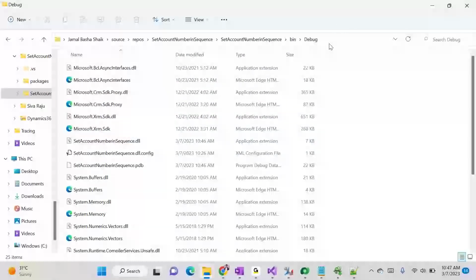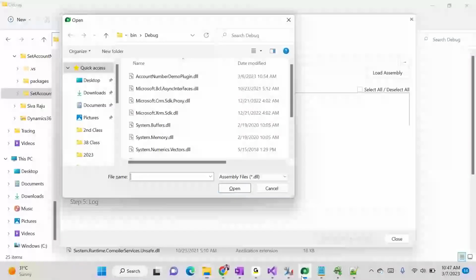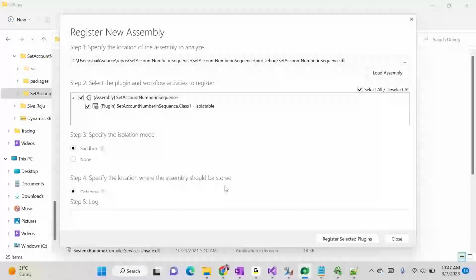This is the one. I'll copy this path, paste it here, set account number in SIG. Select the DLL, register the assembly,